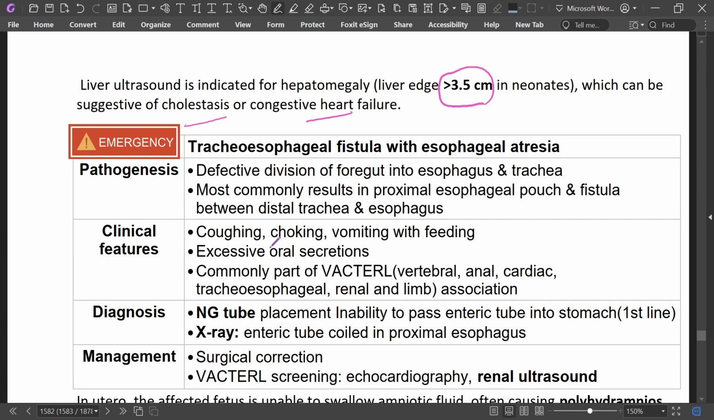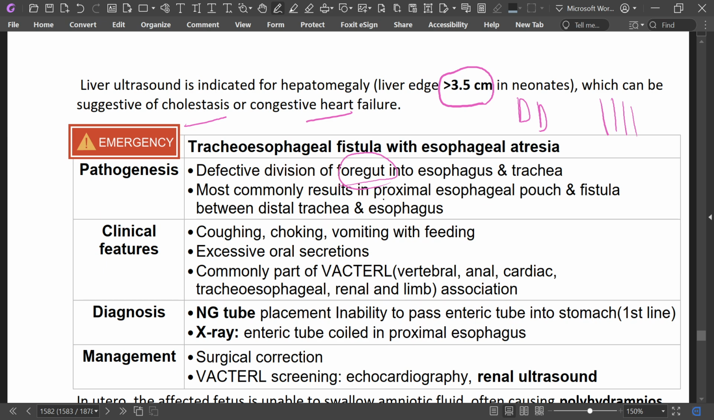Okay, tracheoesophageal fistula. There is defective division. So double D's, defective division of what? The foregut into esophagus and trachea. This is esophagus, this is trachea. So there is defective division of this. If esophagus and trachea are not divided properly, it is considered as